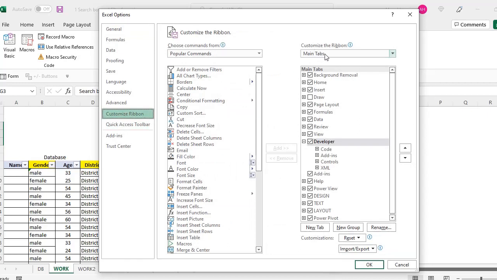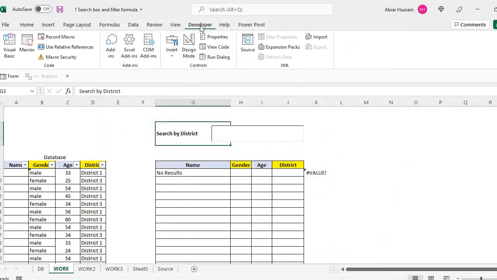Here in this main tab you will see that whichever menu is ticked is available there. So here is the developer tab. If it is unchecked, just check it and click OK. You need to enable this developer tab in your Excel sheet. So you come here, customize ribbon, click developer and OK. Then you will see this developer tab.